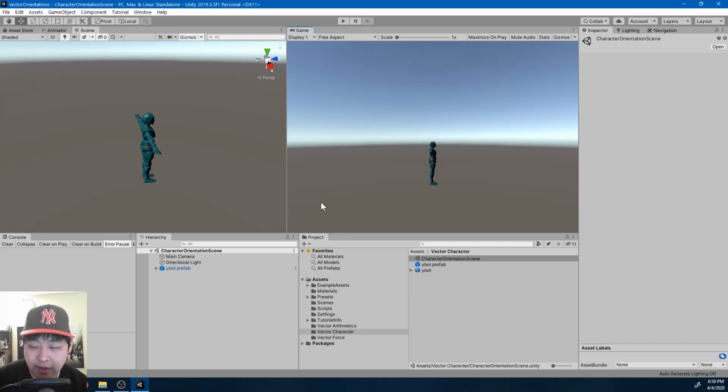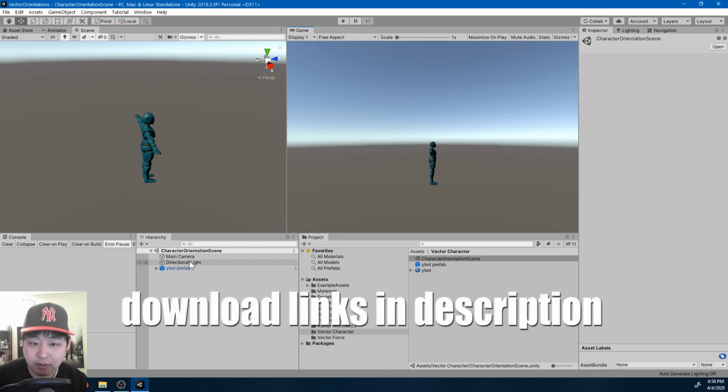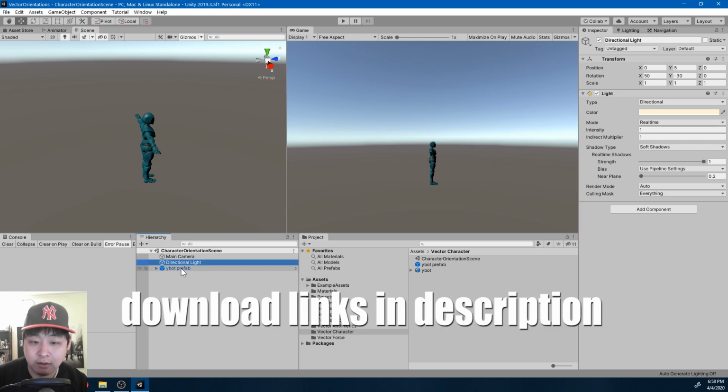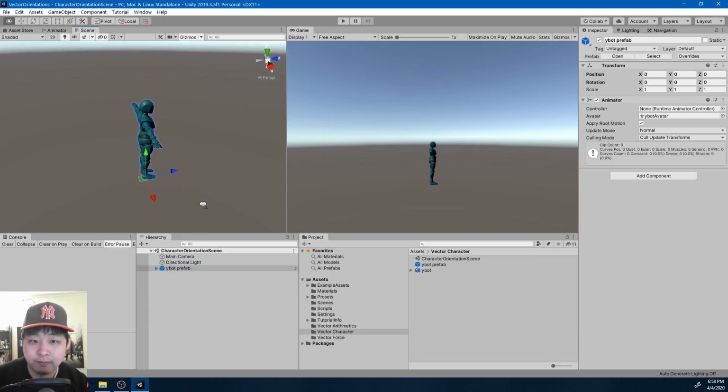Let's do a bit of adding and multiplying with the vectors in this video. I have a scene called character orientation scene. It's an empty scene with nothing but the default camera and the lighting, and I've imported a character. And if you look at the character orientation,